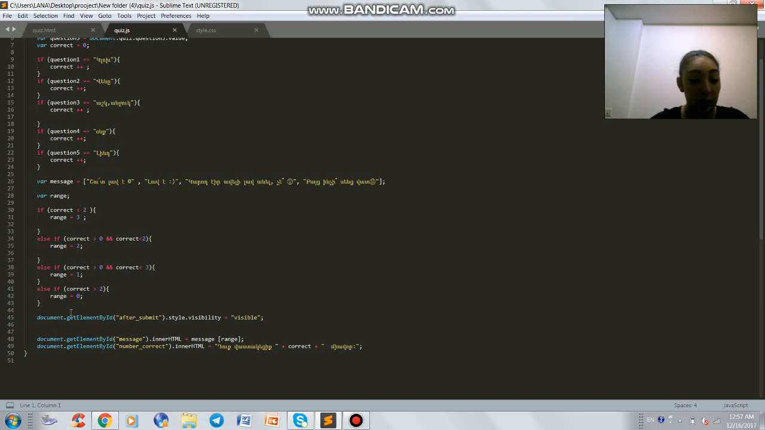So what is range? Here I made a document.getElementById message, as you can see here, the variable, and I say that the arrays in that message variable will be the range. So here when I say range is equal to 3, it goes in the message and gives the array 3, which is going to be this one. I just did the same thing for all the other answers that you put in the quiz, and here I again called after submit with